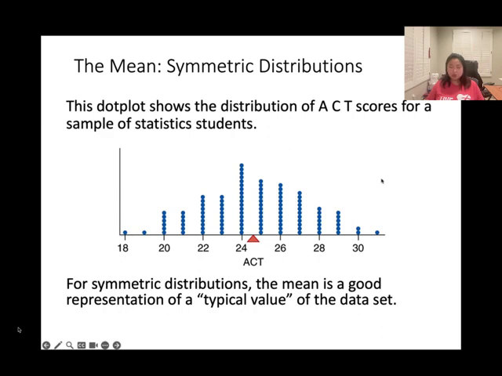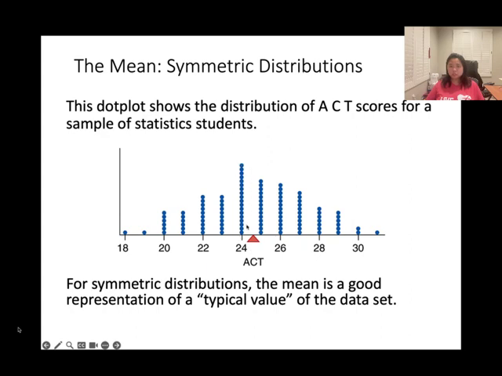So before we learn how to find the mean using the formula, I want you guys to look at the distributions. This is a symmetric distribution. Remember symmetric? It's like you draw a line in the middle. The left side is roughly equal to the right side. When we look at this symmetric distribution, you can tell the typical value will be about 24